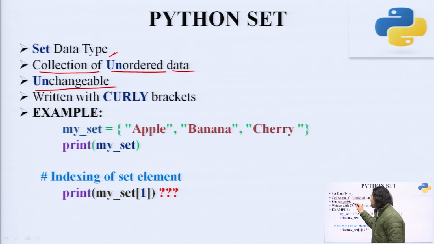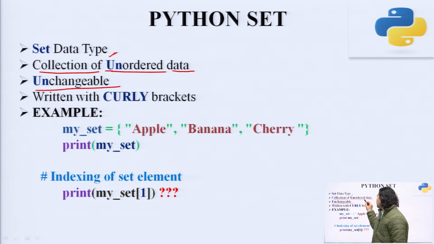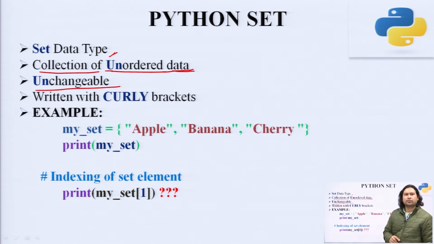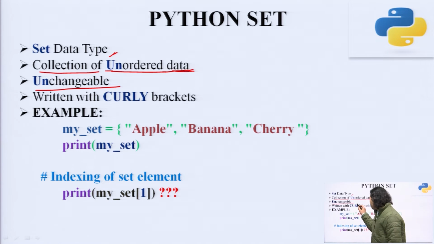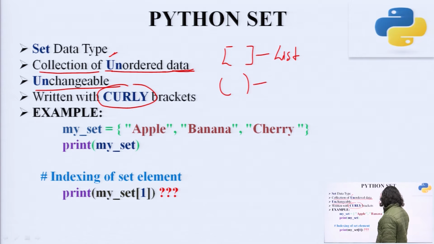The next important point is it is unchangeable. So, the similarity between the tuple and the set data type is that it is totally unchangeable, but the difference between the tuple and the set data type is that this is a totally unordered data type. When I say it is unordered, that means there is no principle working for holding these data. Now, the next important thing is the curly bracket. The square bracket is representing list, round bracket is representing tuple. So, the curly bracket